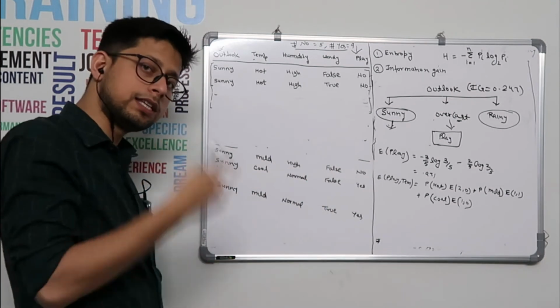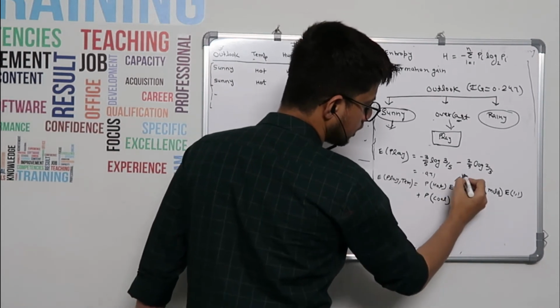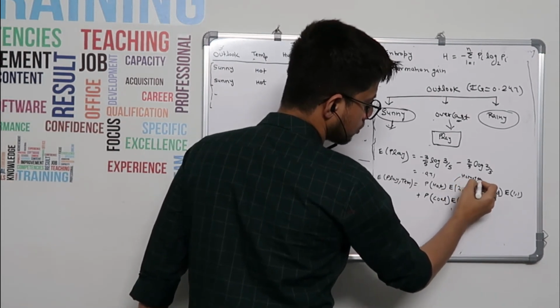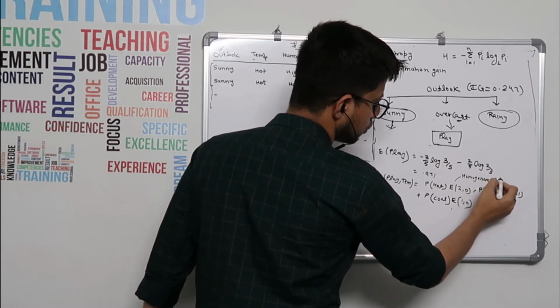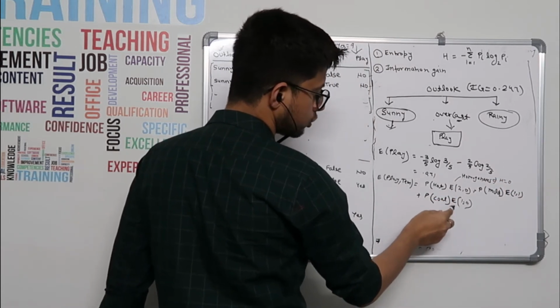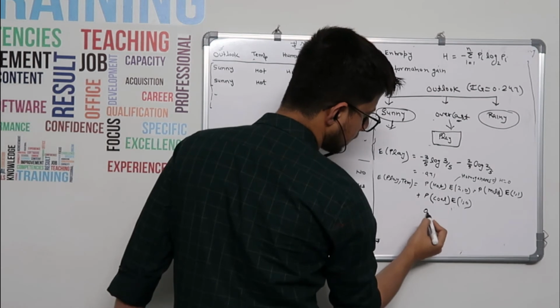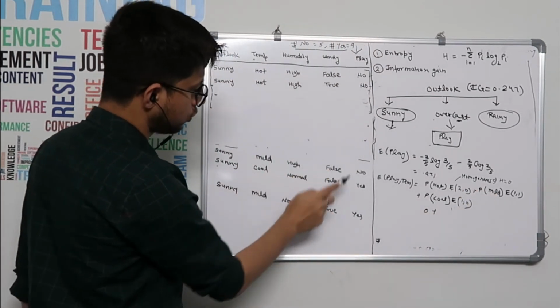Now you see it is 2 comma 0, it is 1 comma 0. Irrespective of the class, we know it is homogeneous. It is either yes or no, only one. So this and this both are homogeneous, which means entropy is 0. So here we'll put 0, here we'll put 0. So this will become 0. Plus, probability of mild, how many are mild? No, yes.